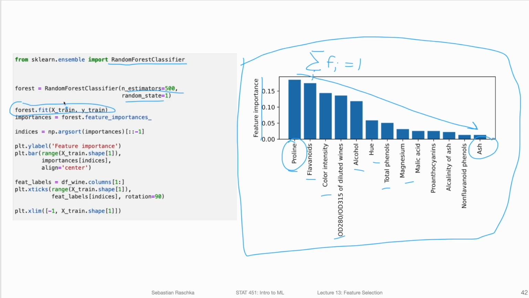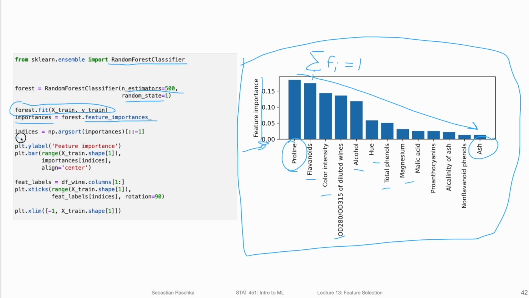I haven't shown you the code for loading the data or for splitting the wine data into training and test, but I have the code in the code notebook, and it's exactly the same code that we also used in the last video. The key point here though is that after fitting, we get these feature importances from the random forest. So we get these importance values, and these are the values you're seeing here on the right-hand side. These are the bars, the magnitudes. They're floats between 0 and 1, such that they sum up to 1.